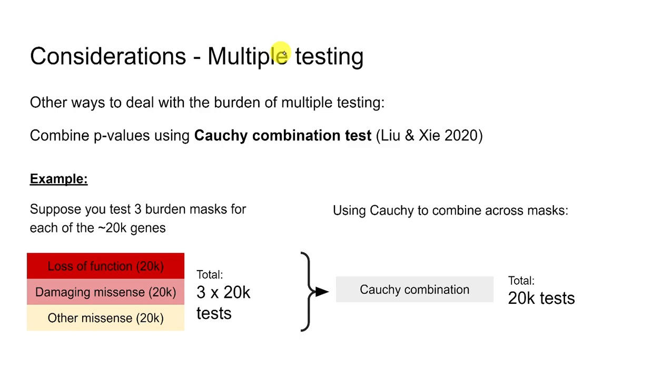So suppose you've done all this gene burden testing across the genome for roughly 20,000 genes, and you've done it for 3 different categories. So now you have 60,000 tests. You could just combine these into a single p-value for each gene using the Cauchy combination test, and it's usually pretty well powered. Not quite the same as taking the minimum p-value across these 3, but kind of similar to it. And so this is one way to reduce, instead of having to do a Bonferroni correction for 60,000 genes, now you only have to do it for 20,000 genes. So you get a 3 times higher p-value threshold, and you